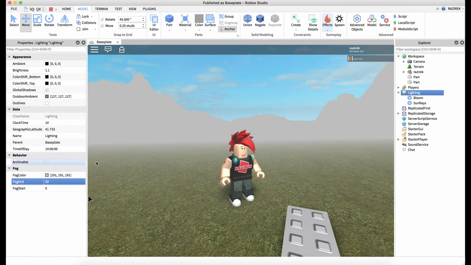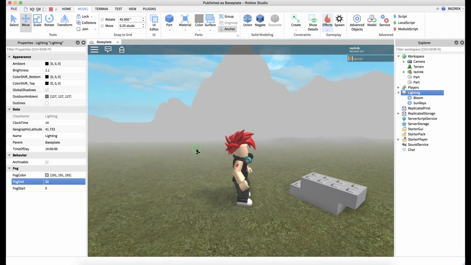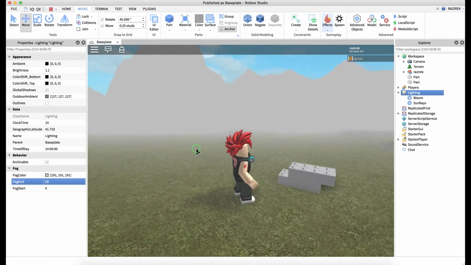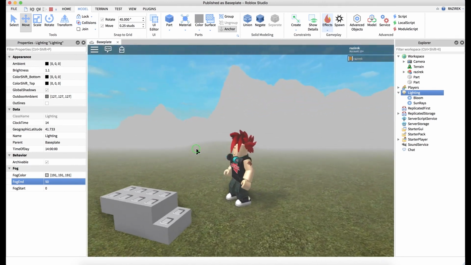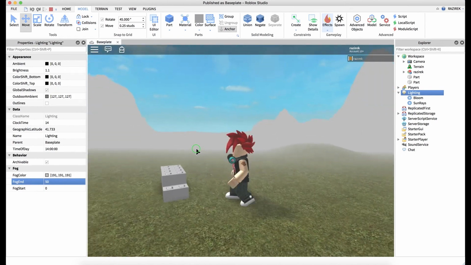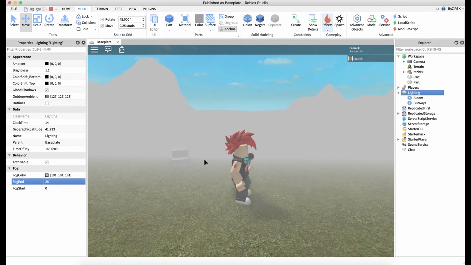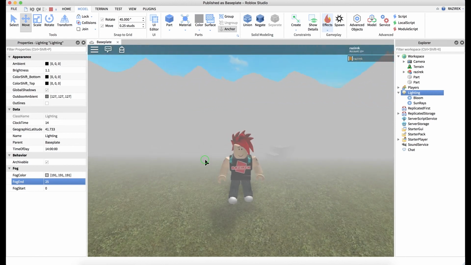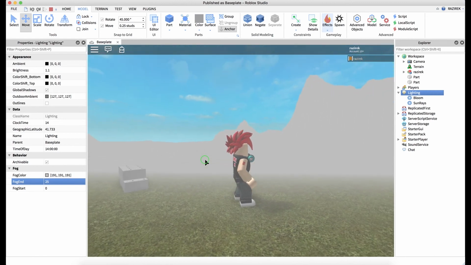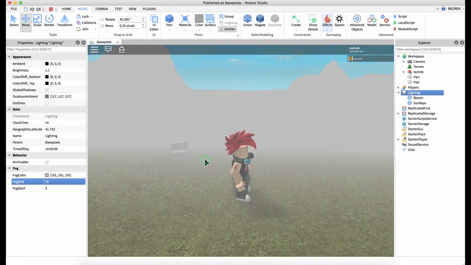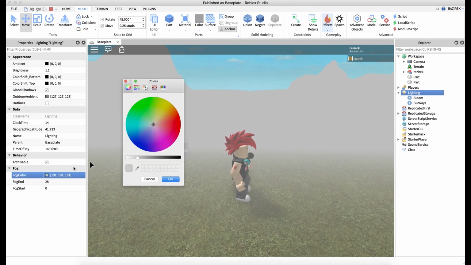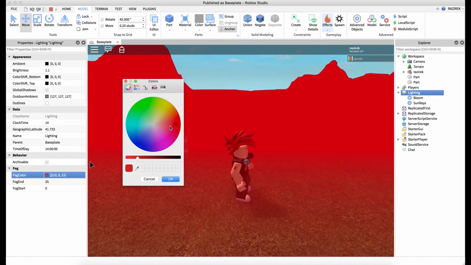And I can bring this number down to 50 for a much more dramatic effect. So essentially anything that is more than 50 studs away is going to be covered by this fog. If I bring this number even further down to show you, and it's distance from the camera, not from the character, right? So you can see here half of these parts aren't even visible because they fall within that fog end range here. And you can adjust the color as well